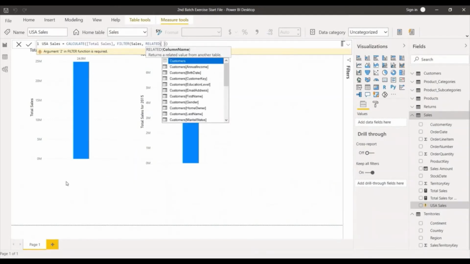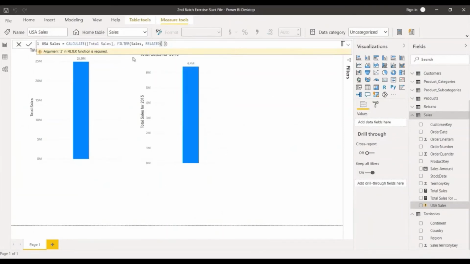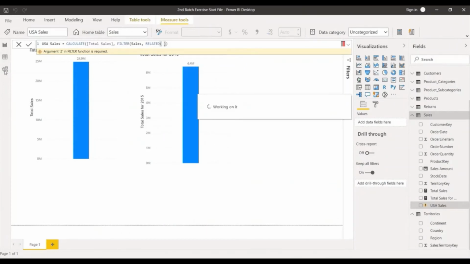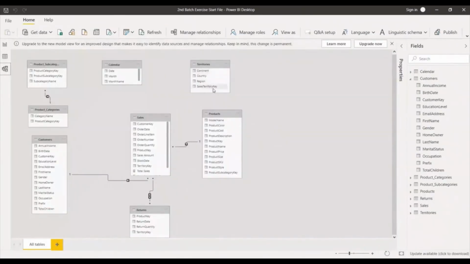I guess in our exercise file we did not create that model. If we try to type territory, it is not appearing. It says that we have not created the relationship. We can go back to sales territory and just click and drop. All this data modeling we have to do initially only. We don't have to come back like this, but since it was an exercise and we are into the session, we just did not check that. One to many, sales territory with territory.